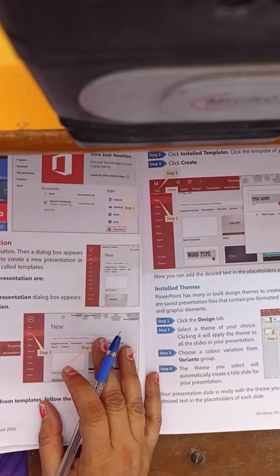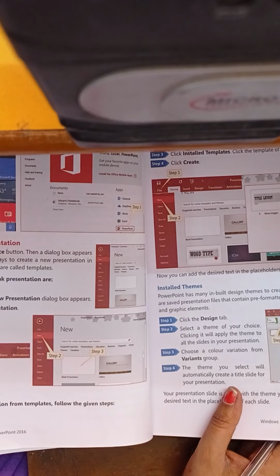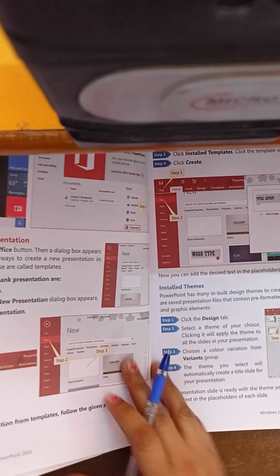Okay, and now I am going to tell you one more way to create the new presentation by using the File tab.